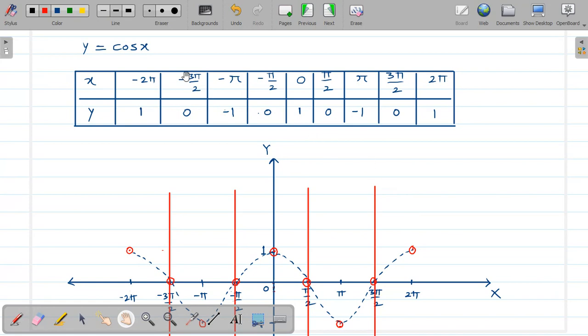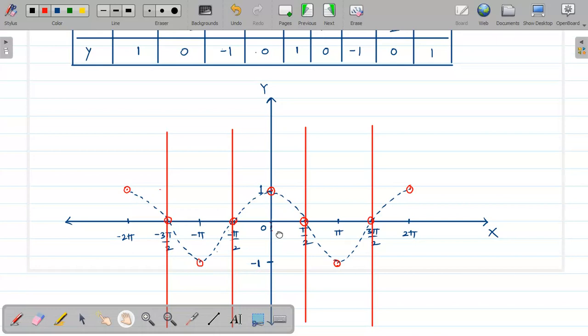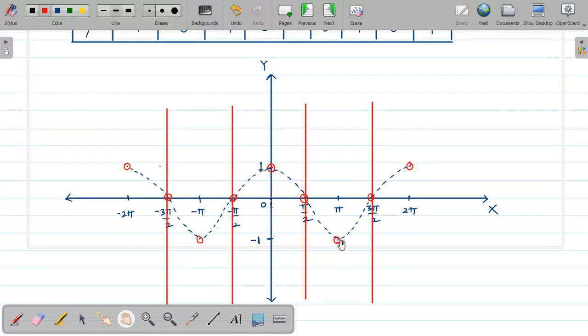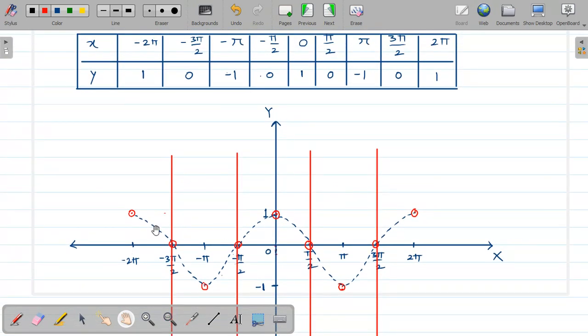Now let us see the graph of cos function first of all, and for that this is the standard table to draw the graph of cos x. Now see, all of you know how to draw the graph of cos function. Here it is shown by dotted line like this. For 0, cos 0 is 1, cos pi by 2 is 0, cos pi is -1, cos 3 pi by 2 is 0, then cos 2 pi is 1, and so on like this. See here all the values, and related to that we have drawn the graph of cos function like this,